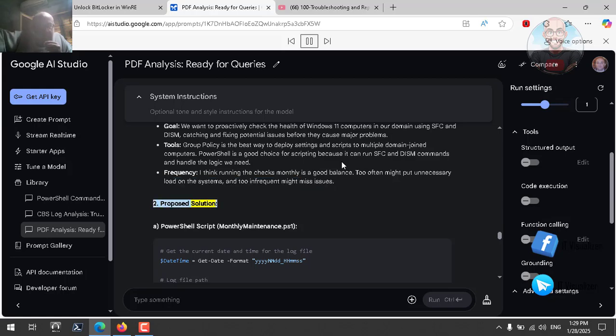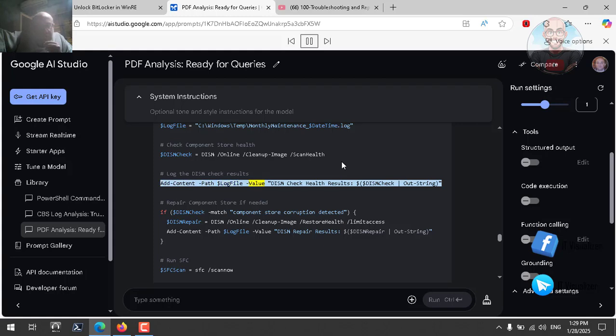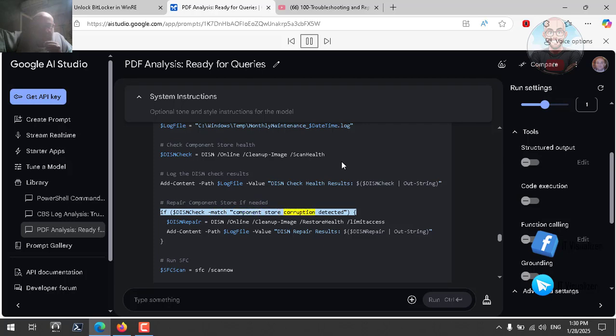2. Proposed solution. A. PowerShell script, monthly-maintenance.ps1. # Get the current date and time for the log file: $datetime = Get-Date -Format yyyyMMdd-HHmmss. # Log file path: $log = C:\Windows\Temp\MonthlyMaintenance_$datetime.log. # Check component store health: $dismCheck = DISM /online /cleanup-image /scanhealth. # Log the DISM check results: Add-Content -Path $logFile -Value "DISM Check Health Results:" $dismCheck | Out-String. # Repair component store if needed: if $dismCheck -match "component store corruption detected",